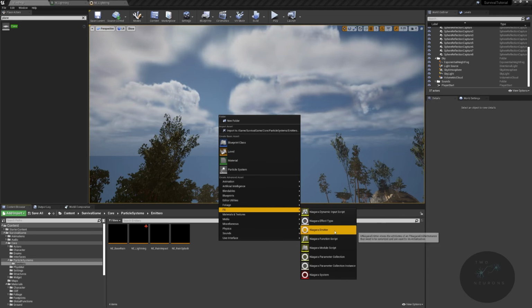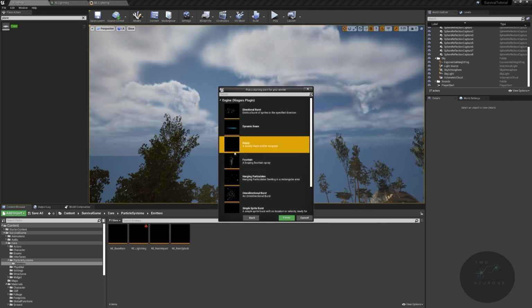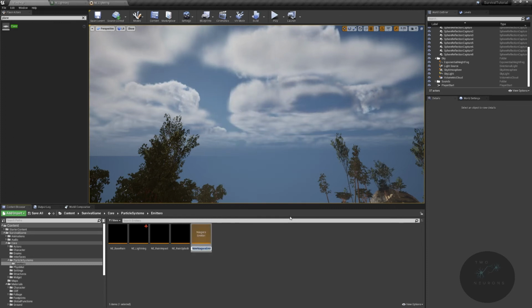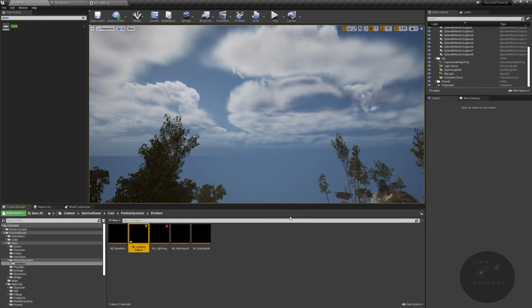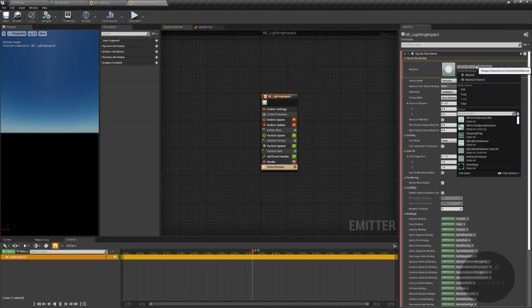So go to FX, Niagara emitter, and this will be another empty one, just because again, I prefer working that way because I'm a weirdo. And this will be our lightning impact. Let's pop this open. Let's go down to our sprite renderer. This will be our M